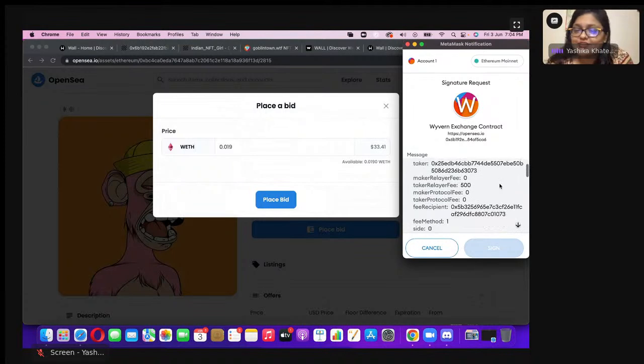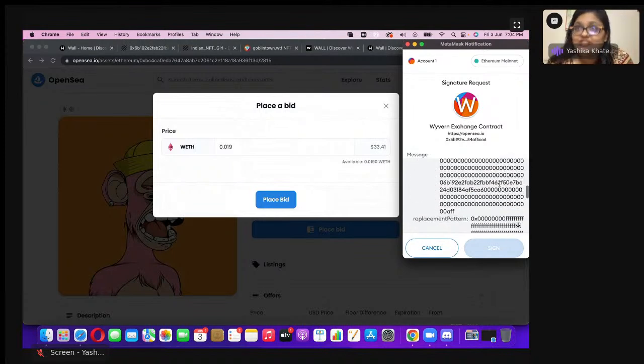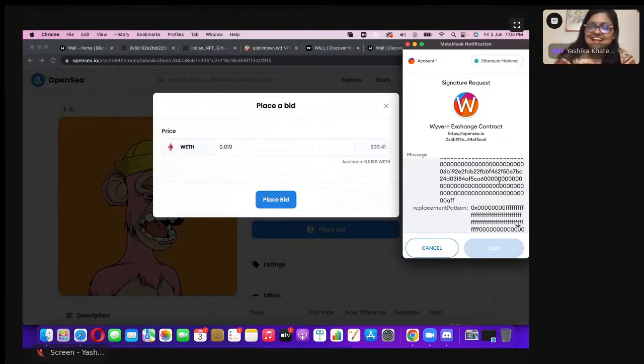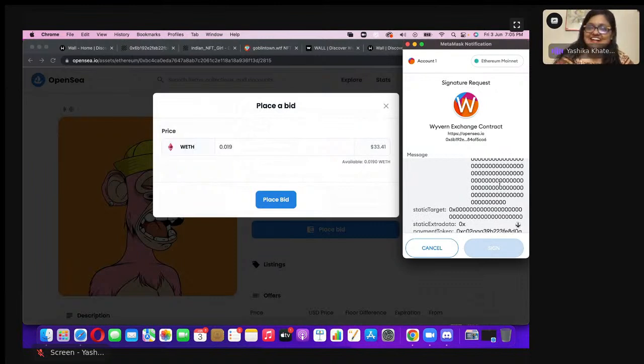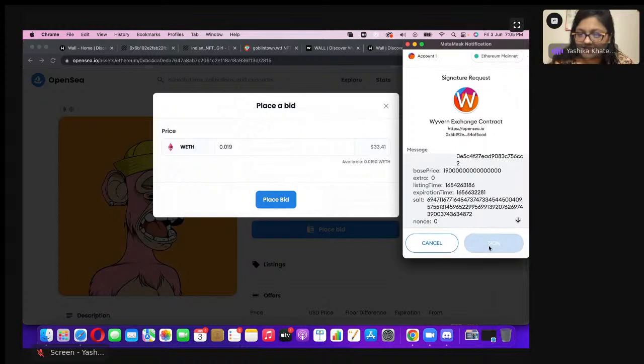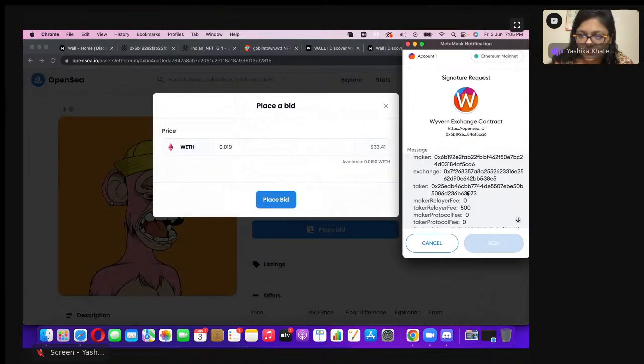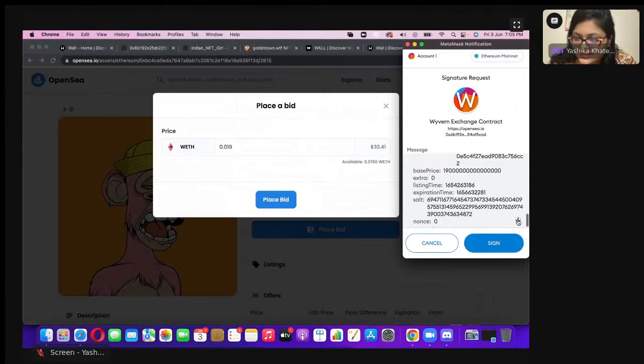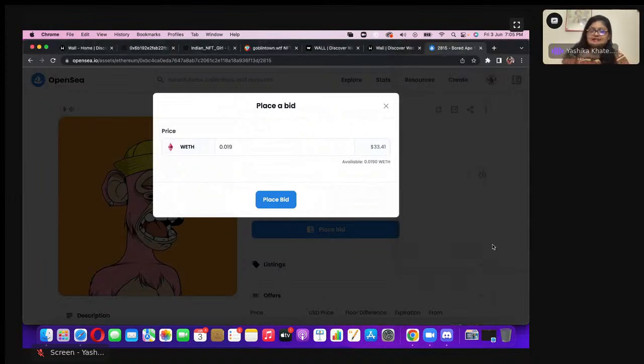You never know. So you see here there is the signature request here, and in this signature request, as soon as I select this one, there's this entire thing and I can sign, but I don't think I'm able to sign right now. And why am I not able to sign? Okay, yeah, so I came completely down and the sign symbol got agreed, and now I have placed my bid